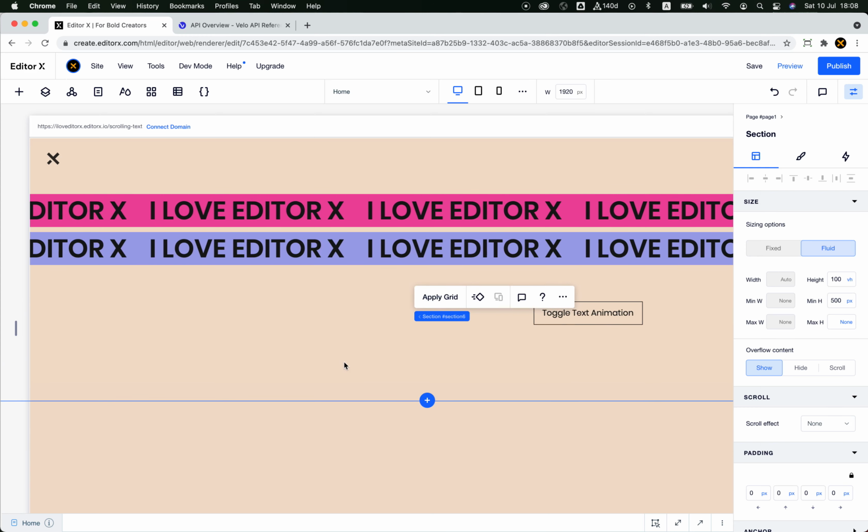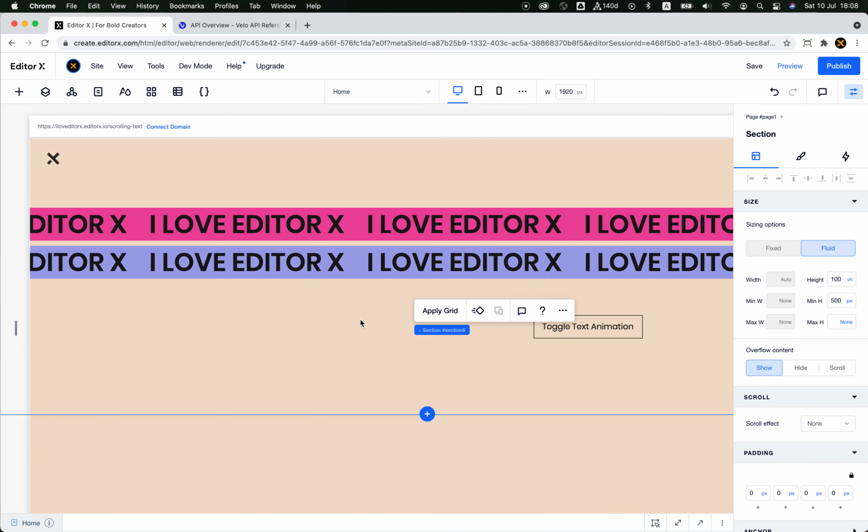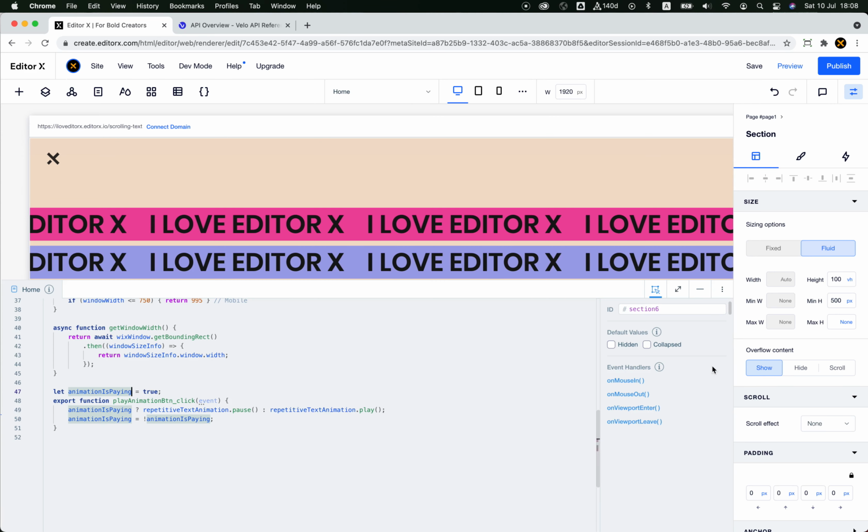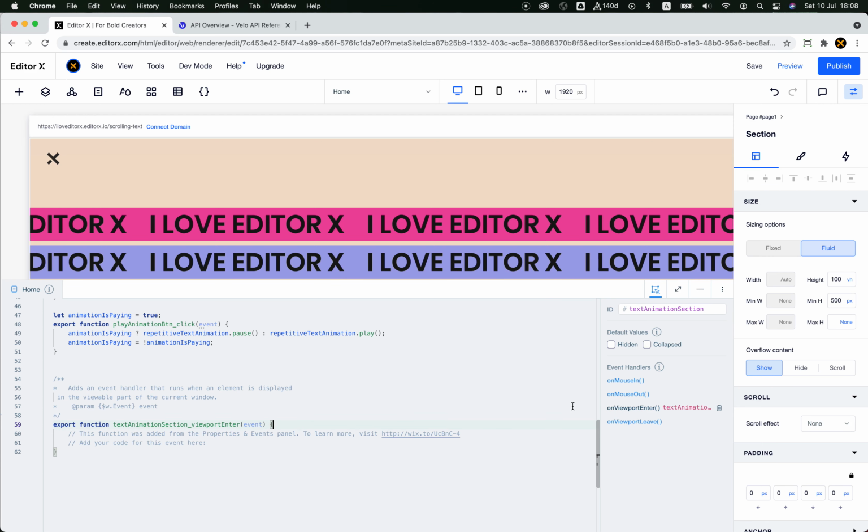So for this example I can say this is the animation section, so I can change this name to text animation section, to be specific, and I can say on viewport enter you should play